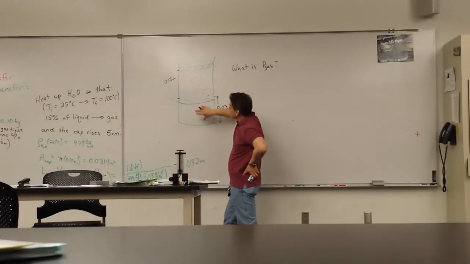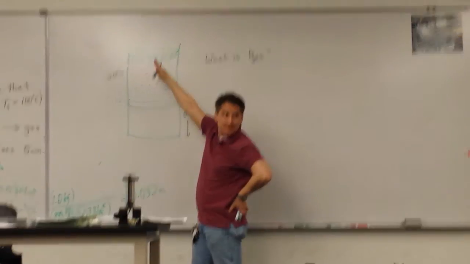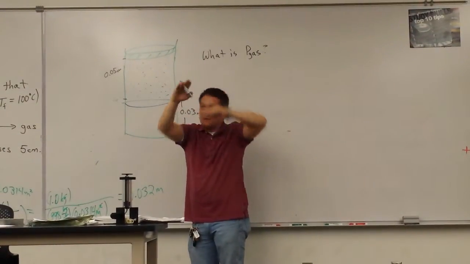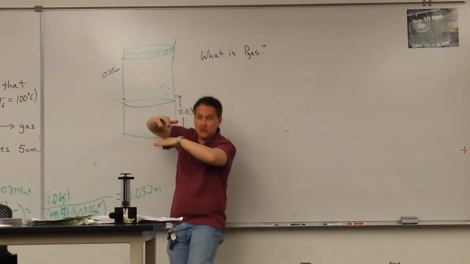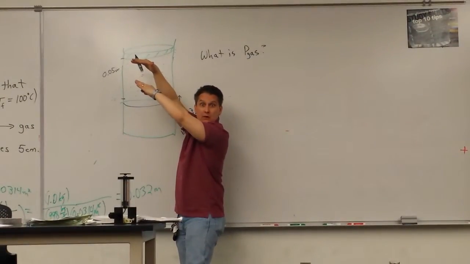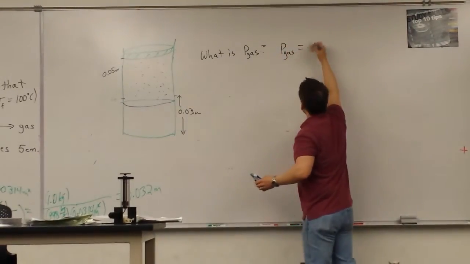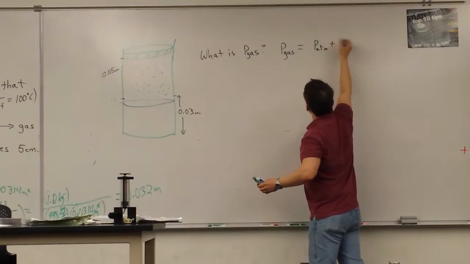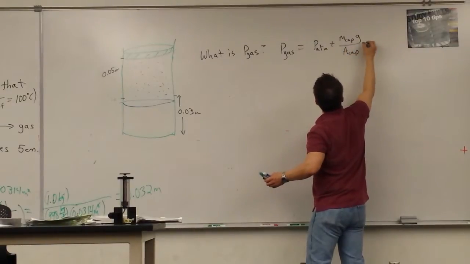Quick answer, it doesn't change. This is a frictionless system, which means as this heats up and you build up more and more gas in here, the piston's going to rise to keep the balance of force pushing up equal to the force pushing down. Right? If you're not in balance, it's going to pop off or it's going to drop. So it's going to rise and maintain equilibrium. Which means that P gas is still going to be equal to P atmosphere plus the mass of the cap times g divided by the area of the cap. So we can calculate that number.